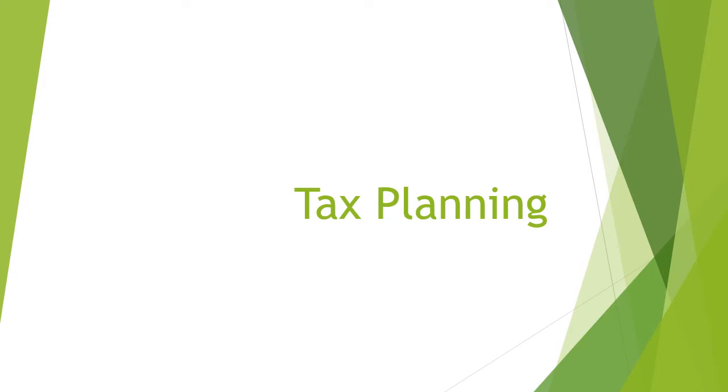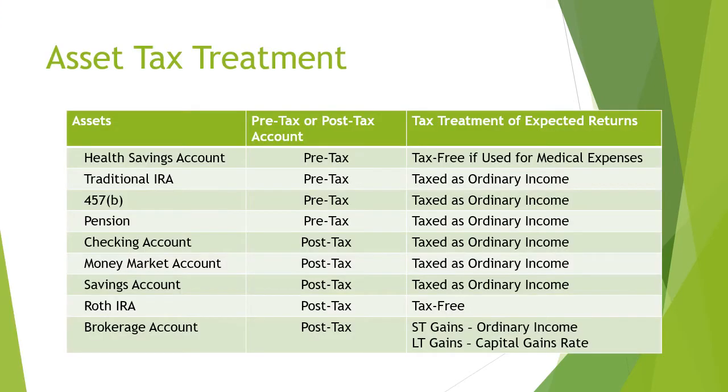So let's dive in. To start, I've created a table that outlines your assets, some of which are current and some we are recommending you invest in. This chart will give you an idea of how each asset you hold is affected by taxes. Within the table, we have notated how each is funded with either pre or post-tax. And the final column shows how the expected returns are treated in terms of tax. Therefore, we have sorted this chart so that all pre-tax accounts are shown first.